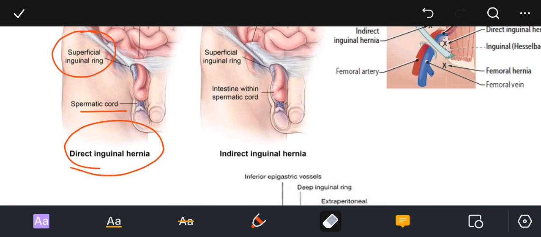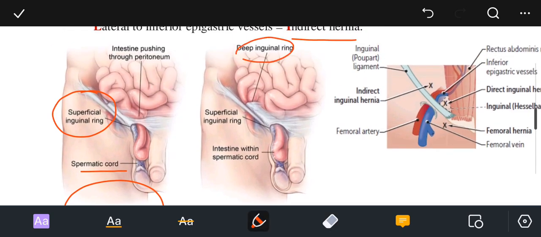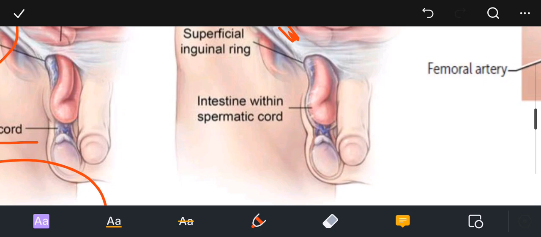Yeah, so now you can see that the deep inguinal ring is present over here. The intestinal loop has traversed that, entered the inguinal canal, and then it is exiting through the external or superficial inguinal ring, and this kind of hernia is covered by all the three layers, as you can see in this picture. Like this is intestine within the spermatic cord, so this is covered by all the three layers of spermatic cord